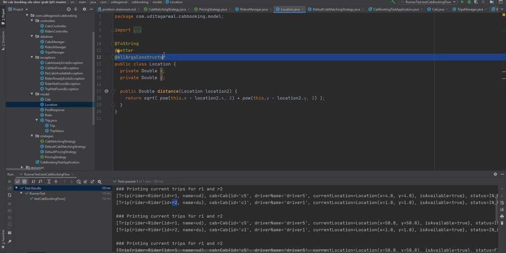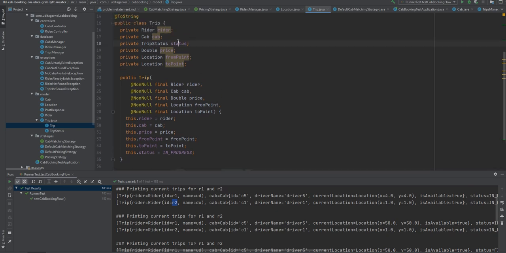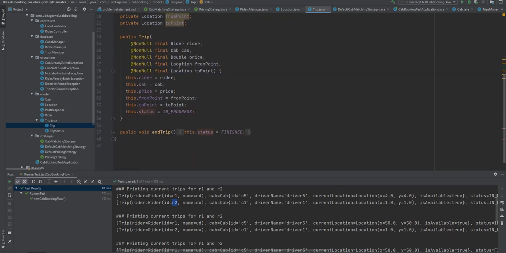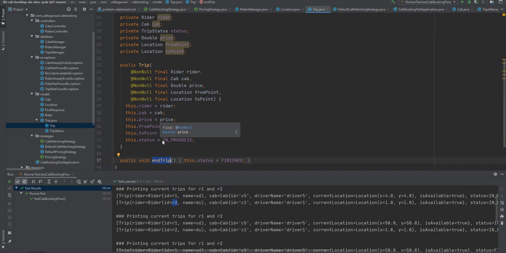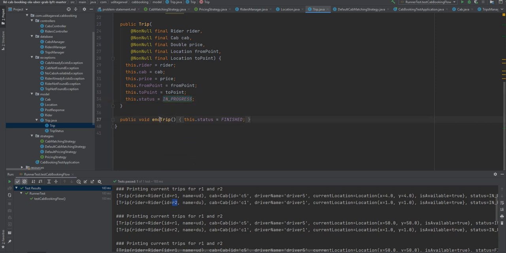So you should try to create immutability as much as possible, but wherever it is not possible, for example in the trip, we cannot have immutability on all the properties. Trip status can change at any time, so we cannot afford to not have setters for it. So we have a setter for end trip. But if you see, the in progress status is not exposed ever. We are not exposing any way to update the status directly. We have provided a specific method, end trip, which will only mark the status as finished, so that a finished trip cannot be updated to in progress, because this is not a valid use case.